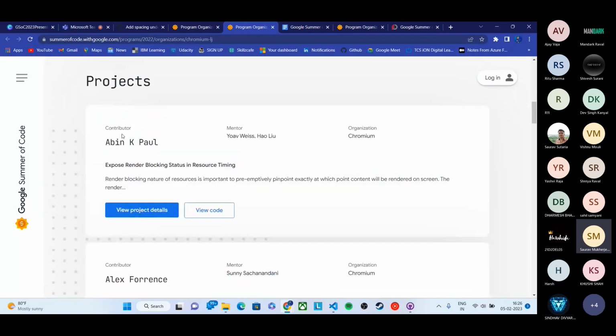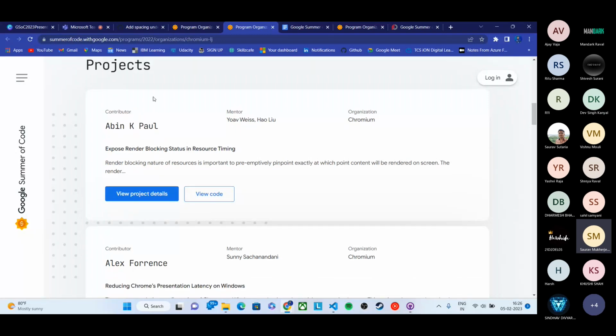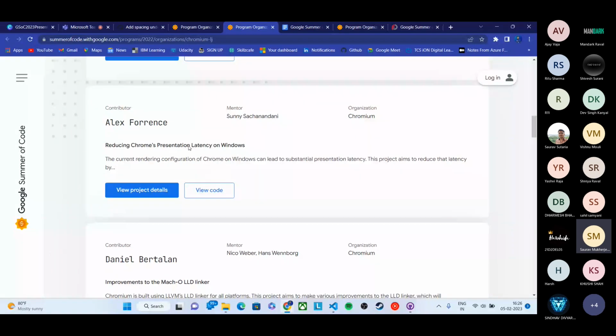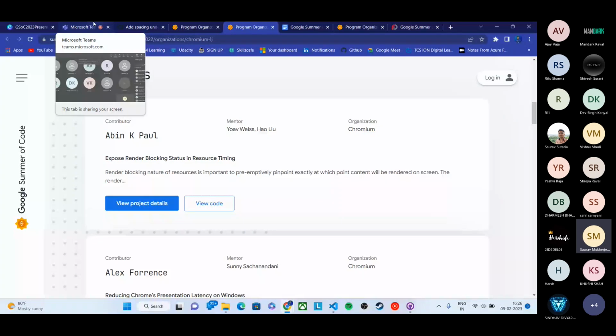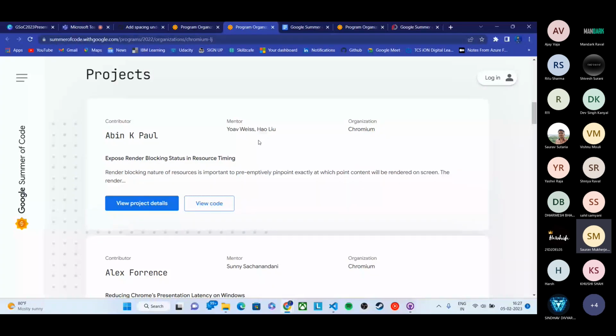Here you can find projects of last year, and the mentors and the contributor of each project. For each organization, there will be different projects, and they'll assign one contributor to each project. Once you get shortlisted as a participant, you'll have a mentor assigned to you, and you and that mentor will work for the next 12 weeks for this organization. I guess for 3 months you'll be working for this organization,